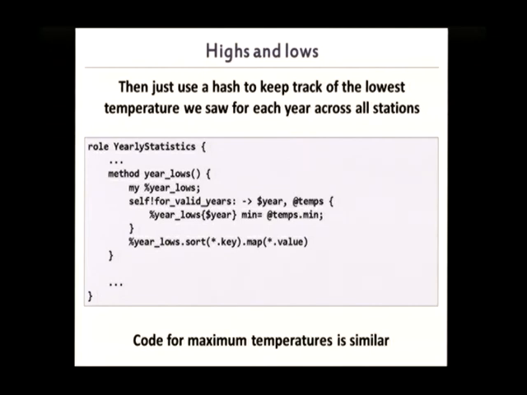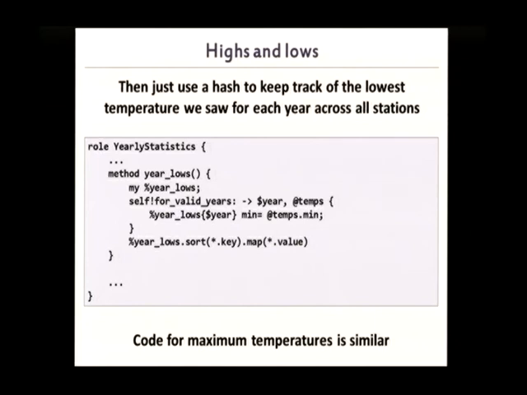We're going through all the valid years and all the data sets. We're getting the year, we're getting the temperatures. We're finding the minimum temperature for those. That actually appears as a method on the array as well. And then I'm doing min equals to get this minimum factored in to that year list there. Okay? And what I will get at the end is I just need to take this hash, and I need